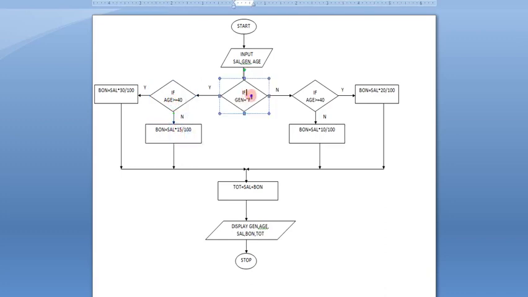Then if it is not female, means male, in that case if the age is more than 40, 20% is given. Otherwise, the person is male and the age is not more than 40, so in that case it is 10%. After all is done, the arrows come to total, the common place where we did total equal to salary plus bonus. After that, we simply print all the values: gender, age, salary, bonus, total. Fine. Hope this was our last if conditional program. Hope all of you are clear.